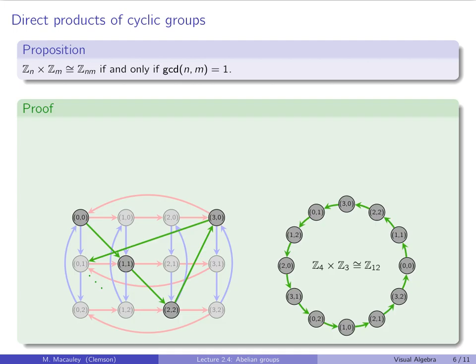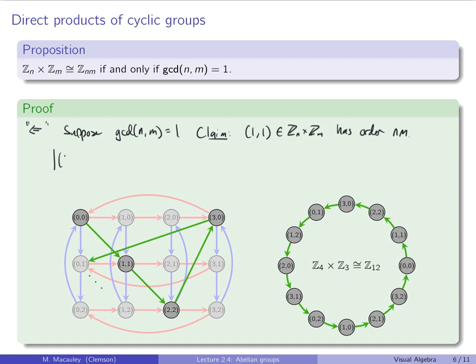Let's prove this, and I've included the picture from the previous slide for reference. Let's start with the backwards direction. So let's suppose that the GCD of n and m is 1. And I've basically talked my way through this already. I claim that (1, 1) has order nm. So this is a generator. Now let's think about why this is. The order of (1, 1)